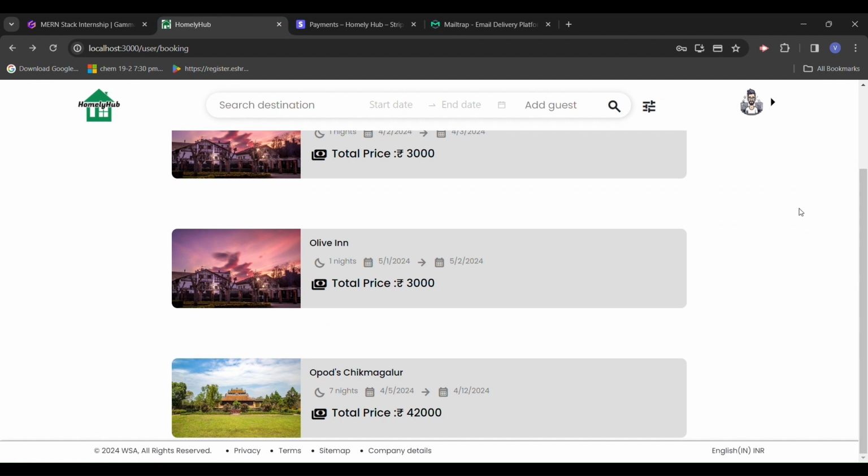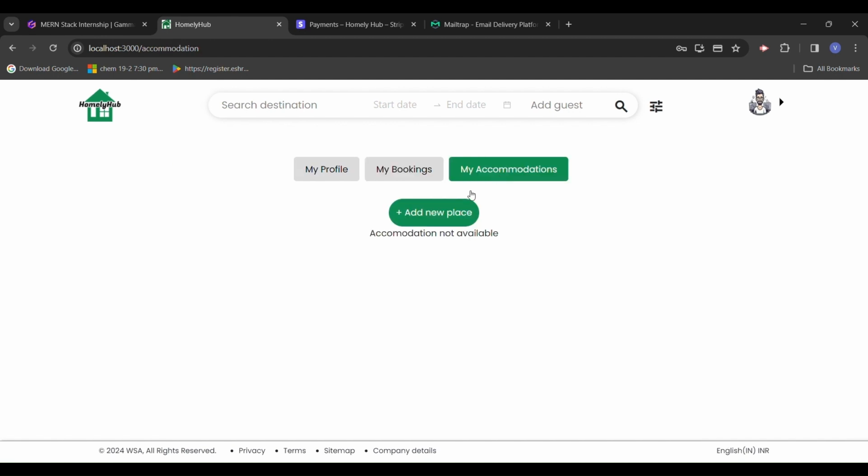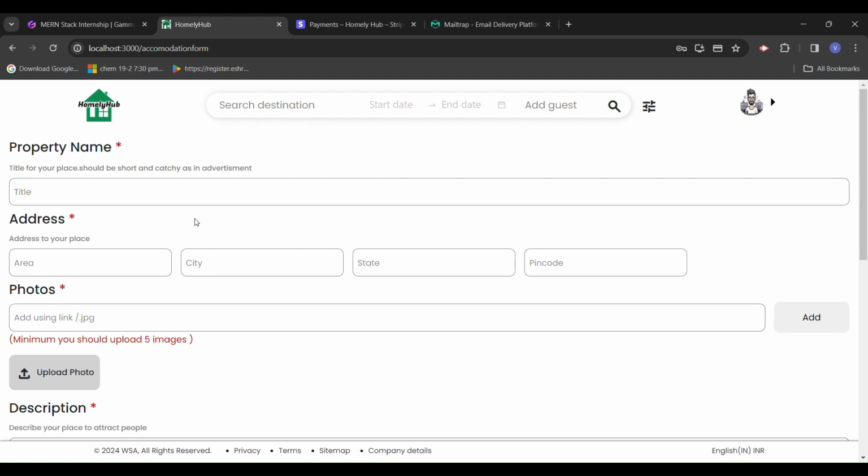So at last we have a section to add my accommodation. If a user wants to add his accommodation, what he wants to offer on our website, he can just click on add new place. Another page comes up for it. You can give a name for it. I guess I'll give it resort. The address I just give randomly. So I just give all the details: Delhi, Delhi,